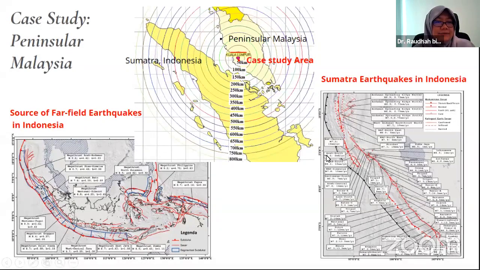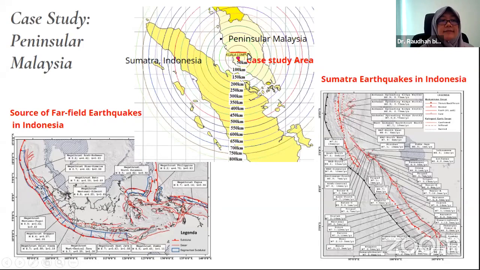Okay, for my case study, the location is in Peninsular Malaysia. The facility that I'm going to share is in Peninsular Malaysia. So it's located here. It's important for me to check the surrounding region: what are the potential earthquake sources that could produce earthquake events towards my location? Most of it is coming from far field earthquakes in Indonesia, plus the local small earthquakes in